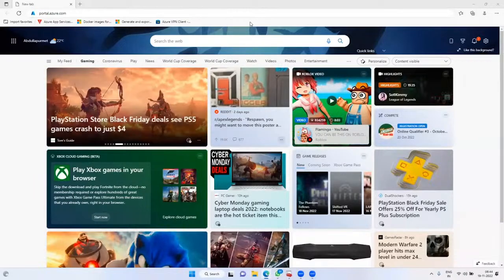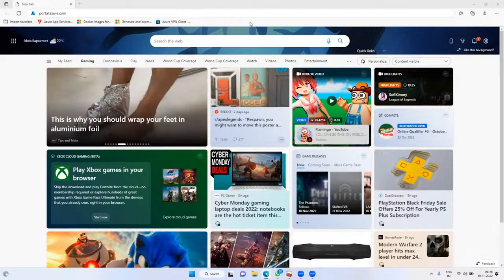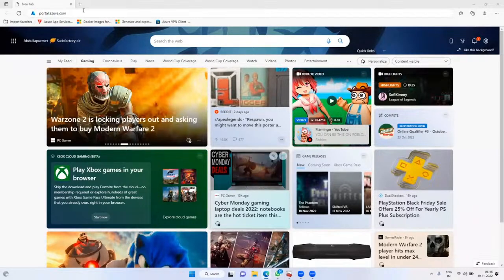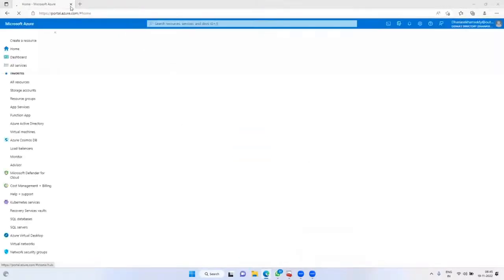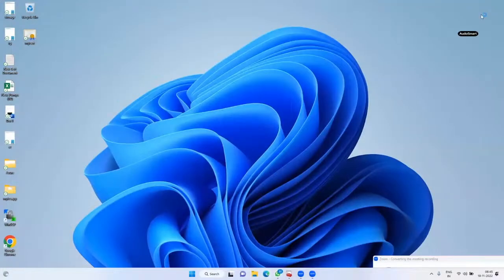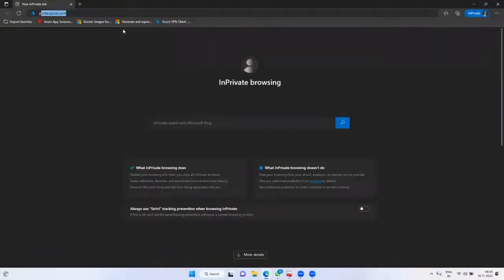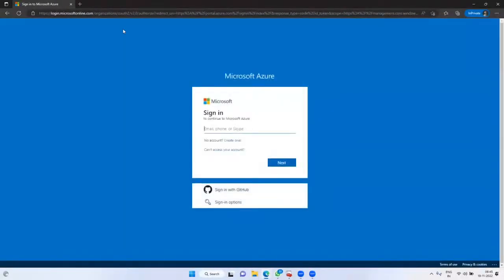Every company in the world has to use this URL, portal.azure.com. That cannot be changed. Now hit enter. I'm taking a private window. It will prompt for credentials. Here you can enter your credentials. Which credentials should I pass? The ones you used when subscribing for the Azure free trial. Whatever credentials we passed during the subscription, pass the same.